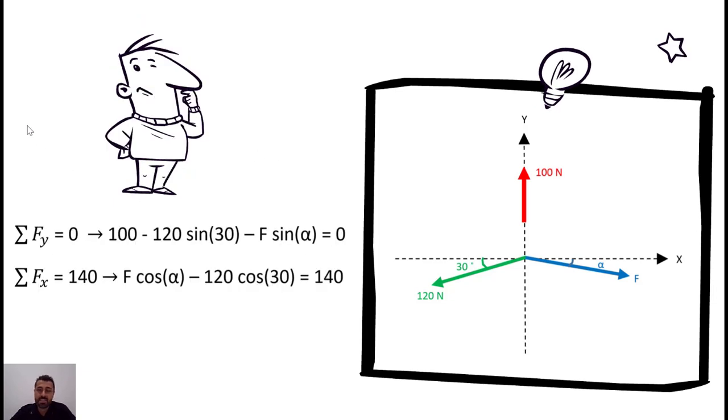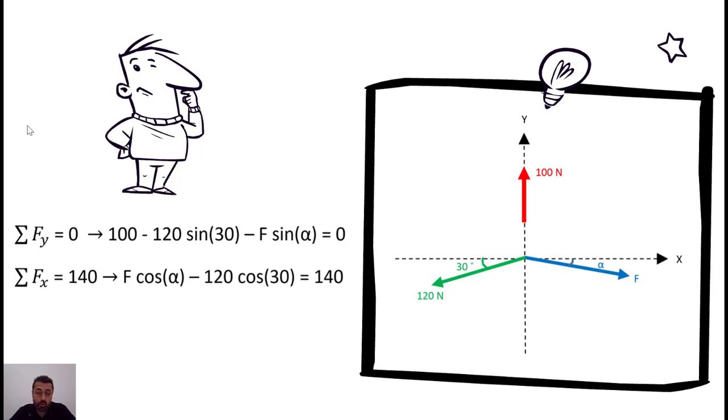So by substituting these values into these two equations, we have the red color force, 100 Newton along y direction. We have the green color force, 120 Newton. We need to find its components along x and y, so we need to project it along x and y. And also for the blue color force, F force, we need to project it and find its components along x and y. By doing that and substituting the values into these two equations,